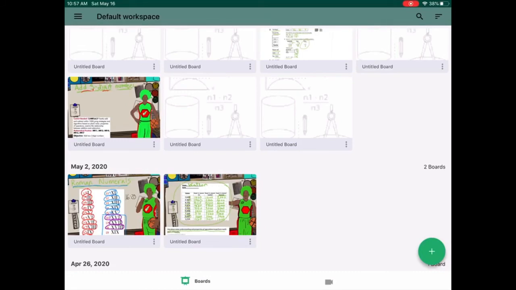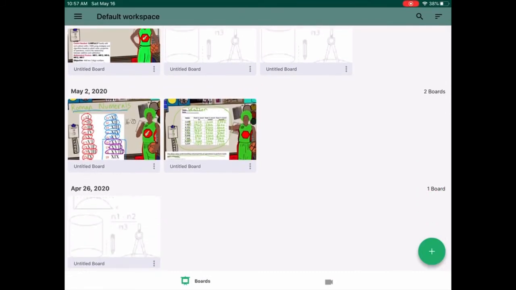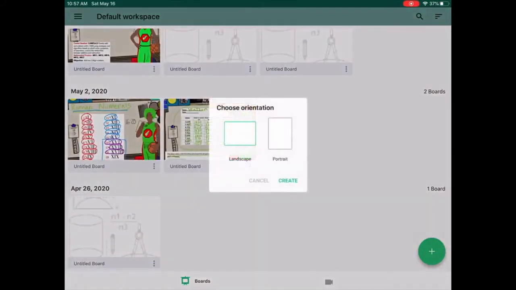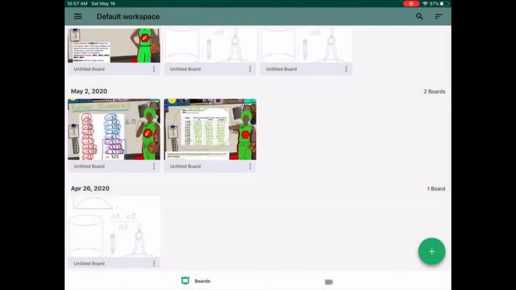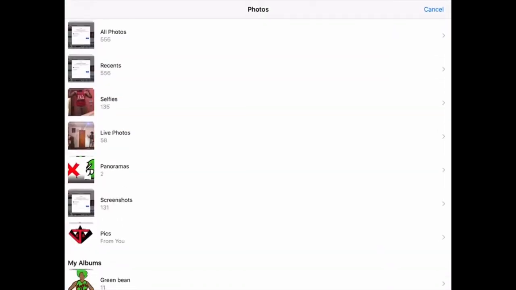And then the other thing I wanted to show you guys was the option here. When you create a board, you can either do this horizontal or this vertical way. I only do the vertical way, and I'm going to just show you an example when I'm inserting an actual worksheet. So hopefully I have